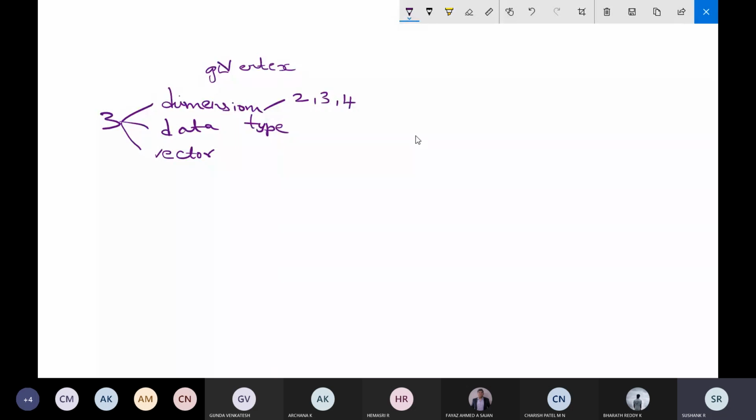Two means two dimension, three means three dimension, four means four dimension. The second one is data type, which determines what kind of data type you are using. Here I indicates integer, F indicates float, and D indicates double.